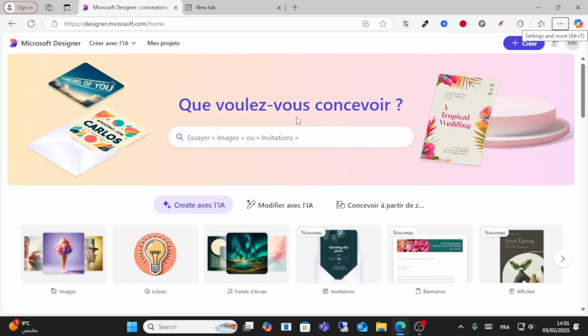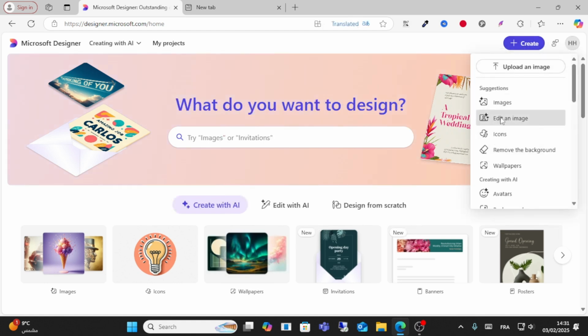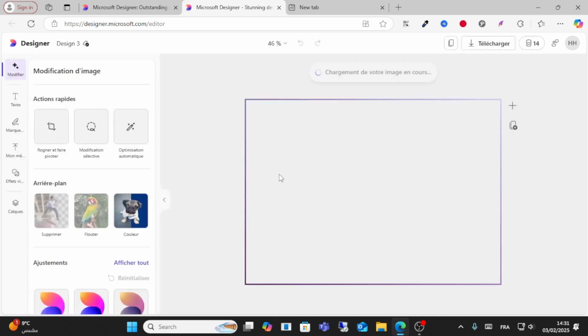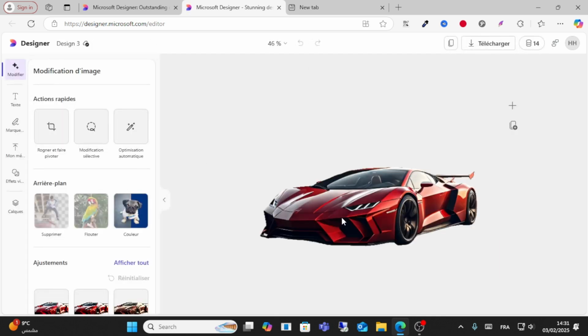Today I will show you how to change a photo background on Microsoft Designer. So guys, the first step I need to do, I want to create an image, edit image from here. Wait guys, and from here, to load this page, what you have to do, I want to, for example